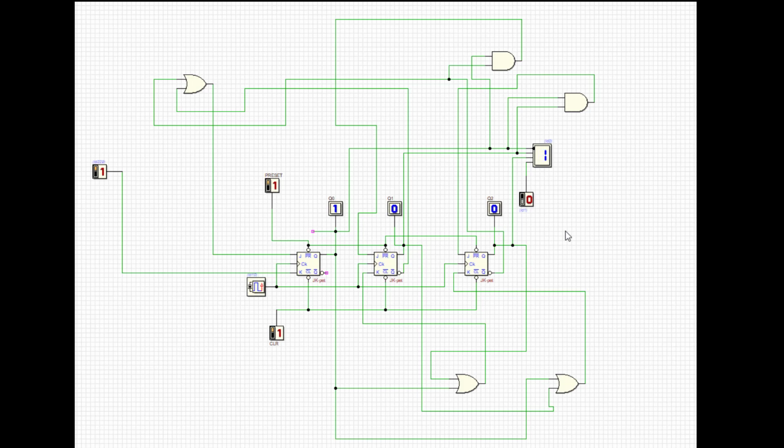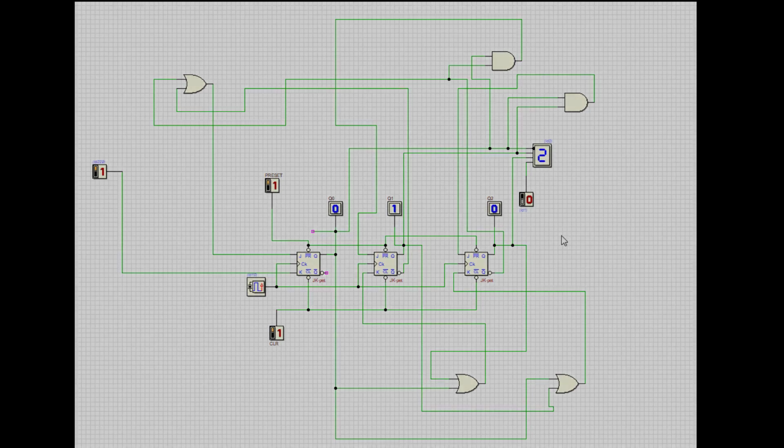So this is how we can design any modulus counter depending on our interest by considering all the possible states of your flip-flop, and whichever the state is required, you have to write that particular output. If the state is not required, then we will make that particular output to all 0 states. So this is how we can design the circuits.